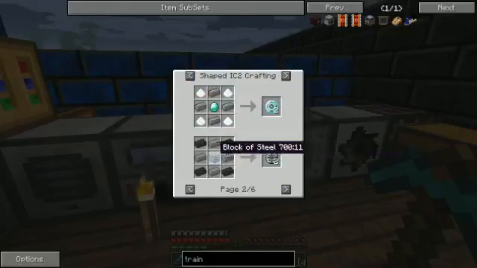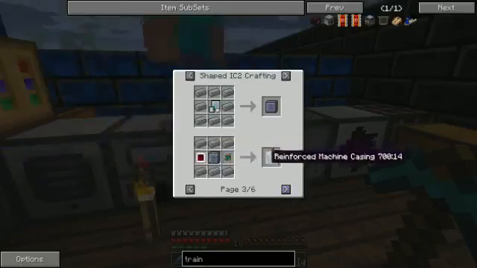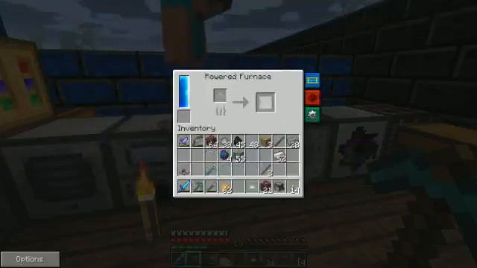Yeah, you can put them in a rock crusher and get steel dust. Put them in pulverizer, get steel dust. Put them in macerator, get steel dust. That's it. So there's not many uses for steel. All sorts of stuff that...